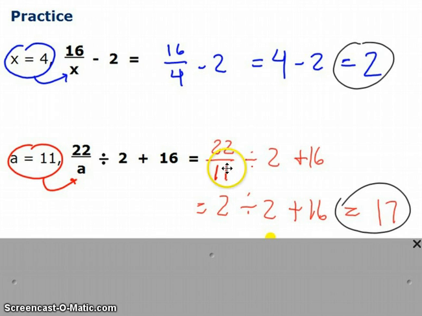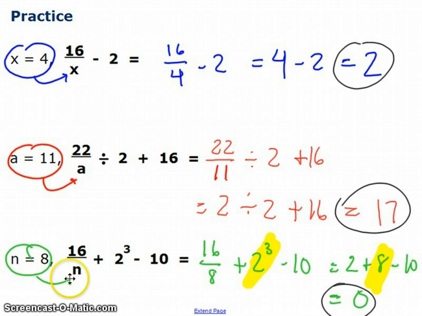22 divided by 11 is 2. This 2 divided by 2 is 1. 1 plus 16 is 17. How about the last one? This one was more challenging. I plug in 8 for n,